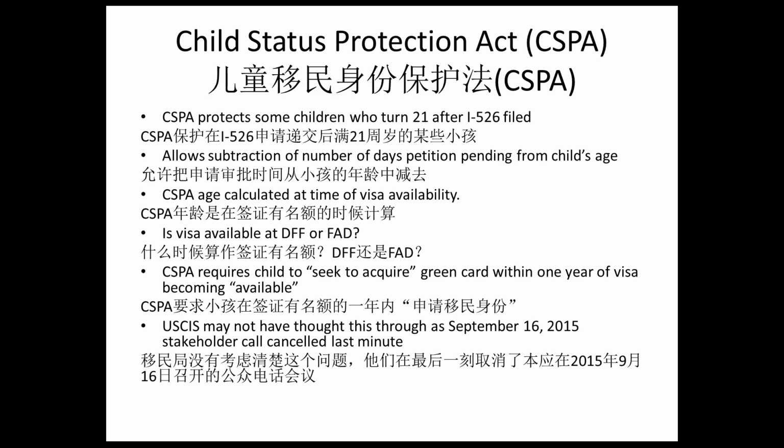The critical point in analysis under the Child Status Protection Act is, when is the visa available? 我们来计算小孩子年龄是否超龄的时候，最重要的一个概念就是说，签证在什么时候是有名额的。CSPA really only allows you to deduct the time that the petition was pending. 这个儿童移民身份保护法，它允许你可以把那个申请在审核的时间从小孩子的年龄当中减去。Most cases that we're getting approved today have been pending for about 1 year. 现在大部分的526申请呢，它的审核时间是1年左右。